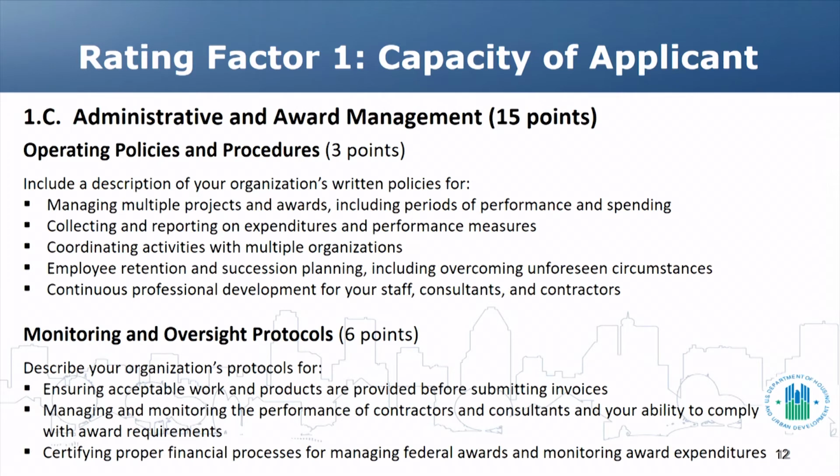Next, we'll take a look at operating policies and procedures. So tell us more about how your organization's policies will implement federal award requirements and retain highly qualified staff. Include a description of your organization's written policies for managing multiple projects and awards, including periods of performance and spending, collecting and reporting on expenditures and performance measures, coordinating activities with multiple organizations, employee retention and succession planning, including overcoming